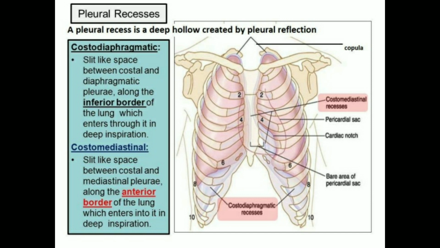Here you see this space, this is called the costo-mediastinal recess, and one more here is called the costo-diaphragmatic recess. So pleural recesses are two: one is called the costo-mediastinal recess and one more is called the costo-diaphragmatic recess. So if I ask you, what do you mean by